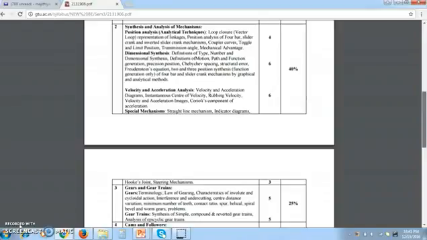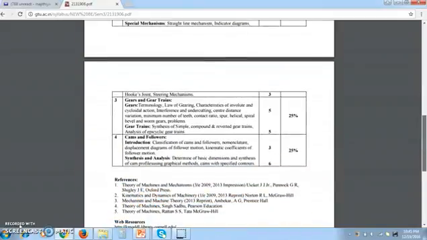So go topic wise, don't go through the whole chapter thoroughly. First Chebyshev equation, Freudenstein equation, 2 and 3 position synthesis. So at the end of the day you can complete the first chapter and the second chapter. Now for the second day, start the gear and gear train. It will take hardly 3 to 4 hours to complete this chapter, and again cams and followers will take hardly 2 to 3 hours to complete this chapter.